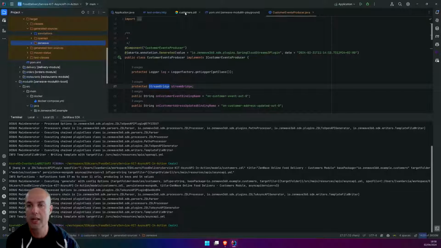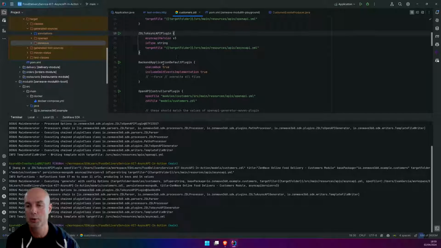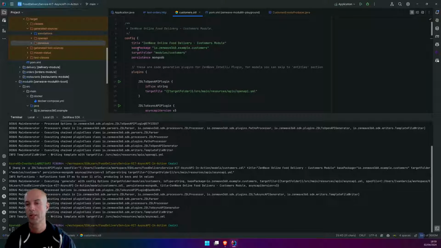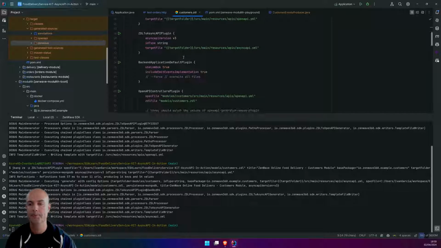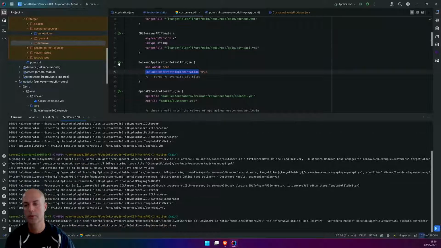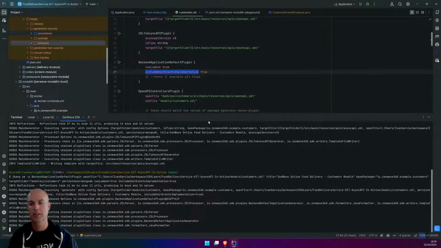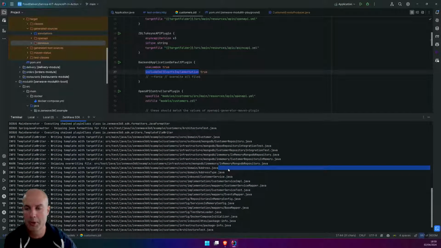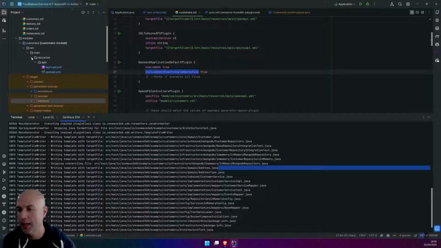So now I'm going to use this blueprint to generate a complete backend application in this base package for persistent MongoDB. We are going to use Lombok, and we want to publish events to the outside world. So if I run this plugin, we get a number of files, as soon as this refreshes.